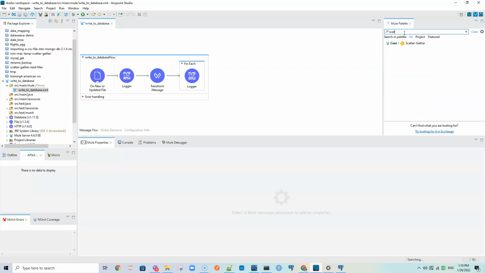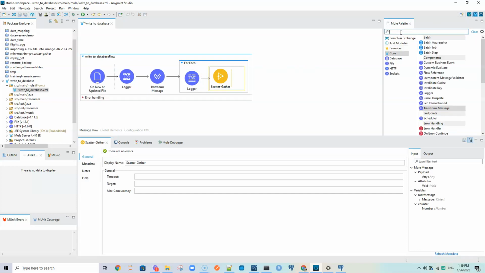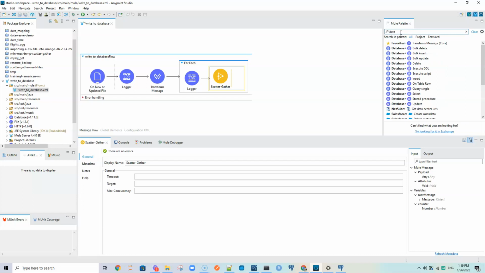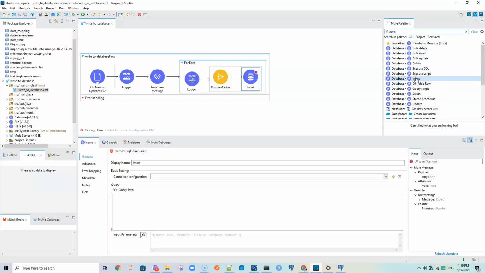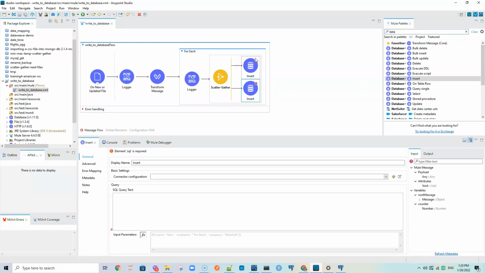Okay, so it is underscore, we bring it here. In here we will bring in, under the databases module, insert two times, one to one of the databases and the other one. We just need to create two connections here. So this connection, let's make it MySQL, insert to MySQL,